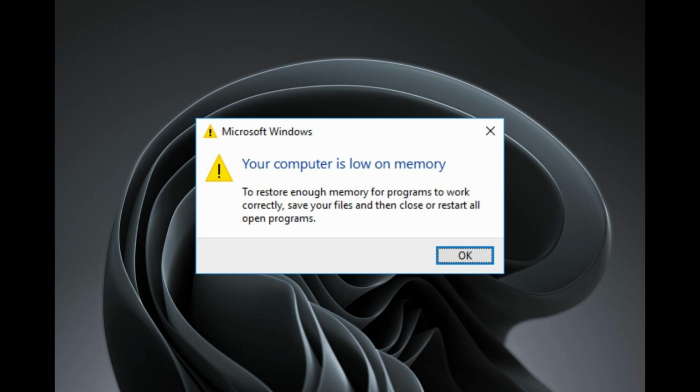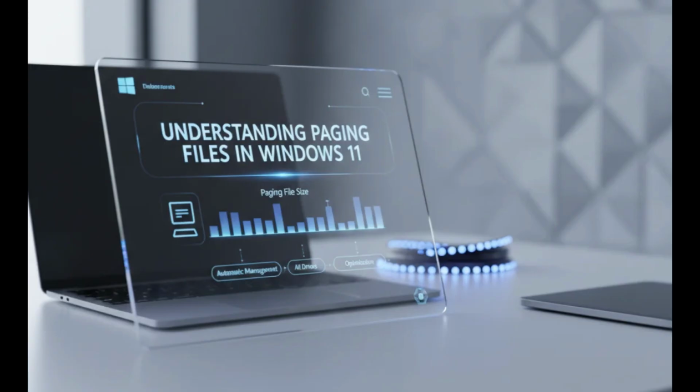If your PC stutters or apps crash when you're multitasking, you might be running out of physical RAM. Today, we're fixing that for free using the paging file. The paging file is a hidden area on your storage that Windows uses as virtual memory when your actual RAM